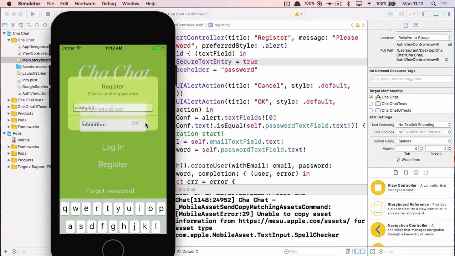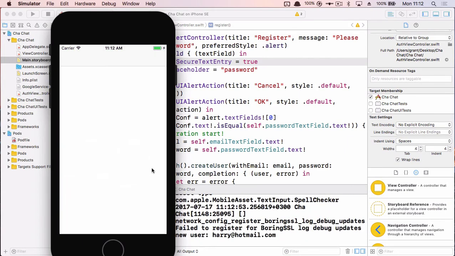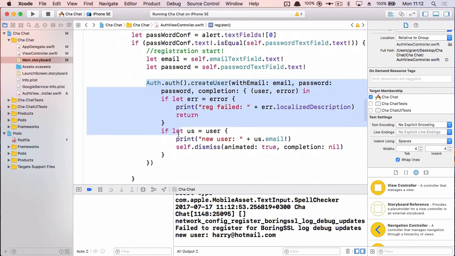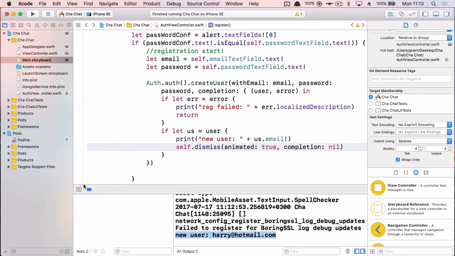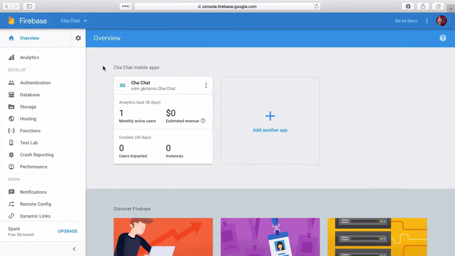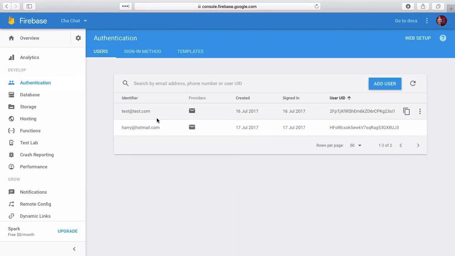So I'm going to hit OK, and this should register a user and get rid of that screen. So it's gone through here, it's successfully registered, we have a new user, so it's dismissed the screen, and it tells us in our console we have a new user. Now obviously we can stop that running, and we can actually go and check that in our Google Firebase console. Right, so if we go over to our browser, go over to our console and click Authentication,